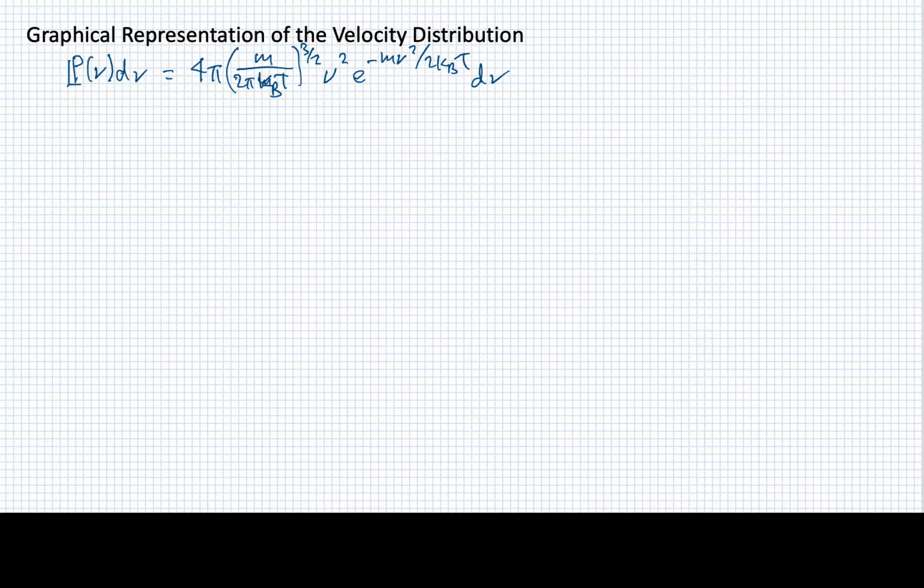So what we want to know is, what does this function look like if we were to graph it? And then we'll take a look at what sorts of things it might tell us about the dependence of velocity on different parameters. So let me carefully draw a picture of this function. Now, a couple of things I want to look at. Okay, I'm graphing this function, P of v,